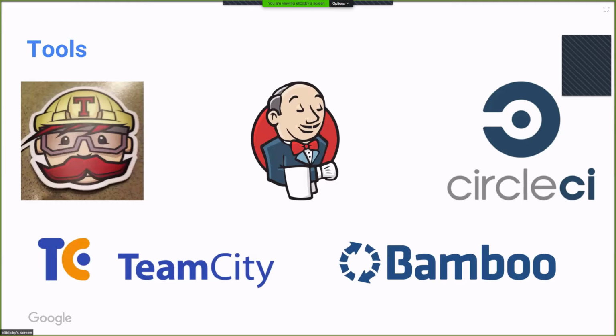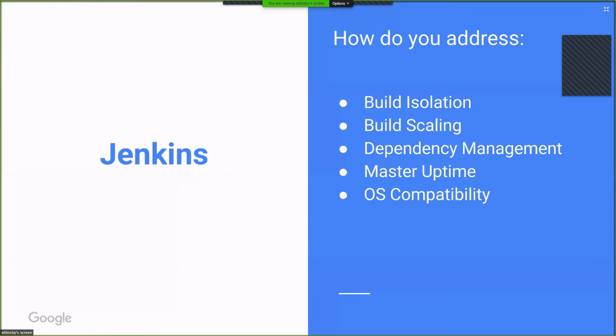So there are a lot of tools that people use for CI. You might be familiar with any number of these. A lot of them offer hosted builds, hosted CI. We certainly take advantage of that in some cases. But for some cases, we need an in-house solution, or we need something we're running ourselves, so we can keep our keys to ourselves, so we can configure things to the maximum extent possible. And so for this, we choose Jenkins.